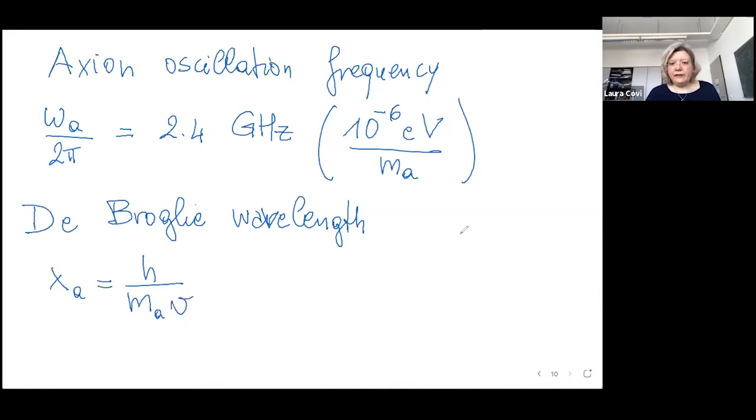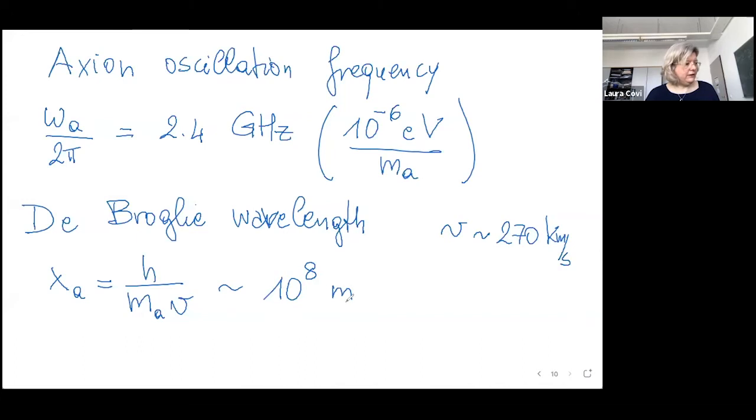For the velocity, I assume that in the galaxy, we have again velocity similar to the WIMP, so something like 270 kilometers per second. And then if you plug this in and you also put the mass, you have something of the order of 10 to the 8